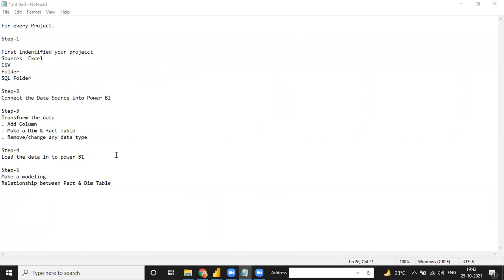I can't hear you, Jasmeet. The fact table is that in which we have all the data records, and dim tables are the rest of the tables, like we can connect from the fact table. Okay. So you can tell me in a simple way that a dim table has only the unique number of items, and in the fact table we have the total number of items. Okay. So this is just a simple way you have to connect.